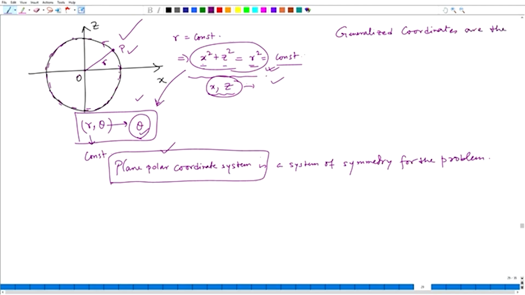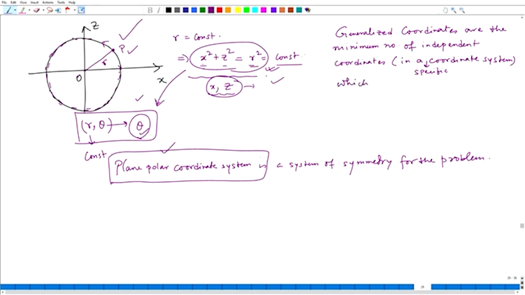So, in a way I will write that generalized coordinates are the minimum number of independent coordinates in a coordinate system. I would say in a specific coordinate system, specific to that problem. Generalized coordinates are the minimum number of independent coordinates,